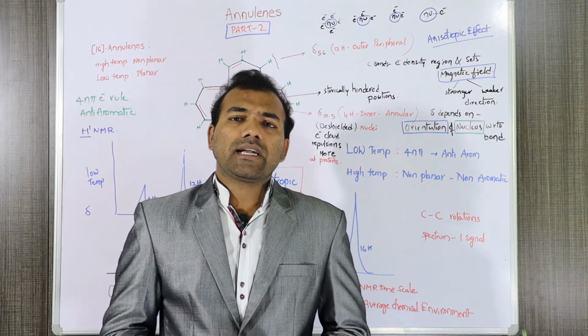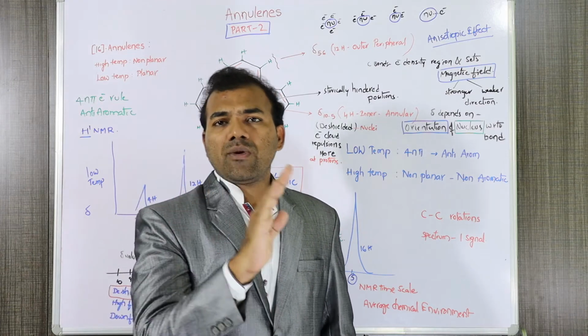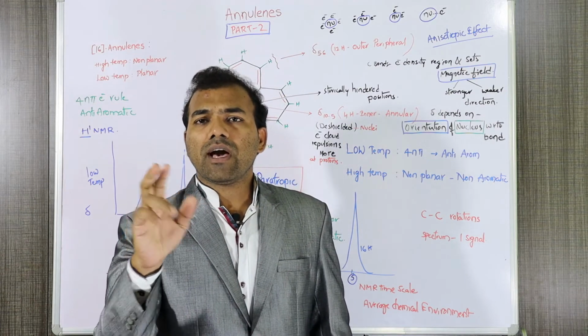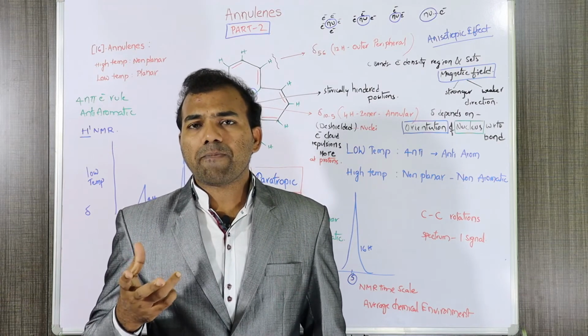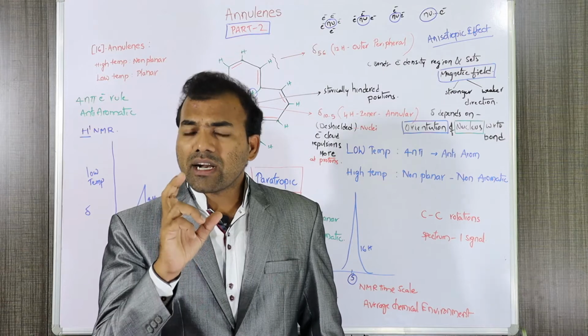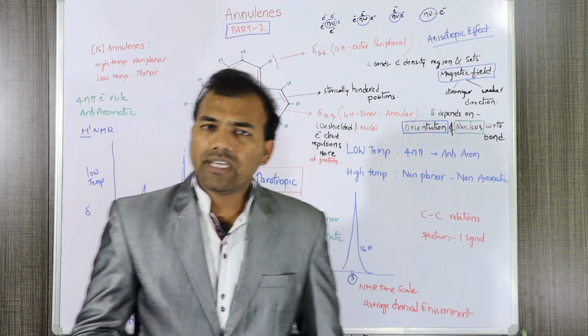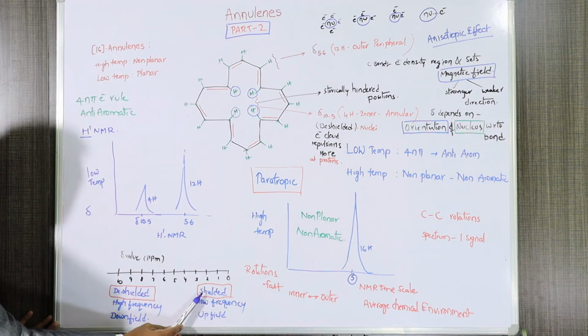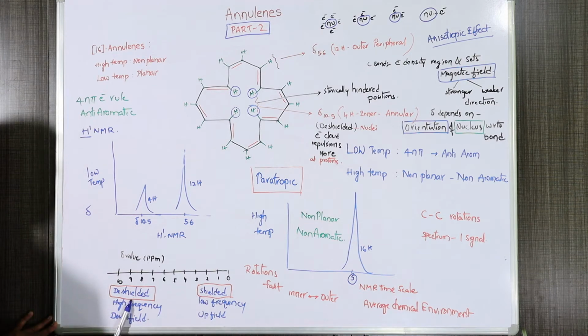For all the atoms which are shielded, the chemical shift value will be lower than 5, that is 0, 1, 2, 3, 4, 5, numbers below 5. If the nuclei is deshielded, then the nuclear magnetic resonance chemical shift value becomes more than 5. So see here in this scale, if the nuclei is shielded with electrons, then it has a low chemical shift value. If the nuclei is deshielded, then it has a higher value of chemical shift.